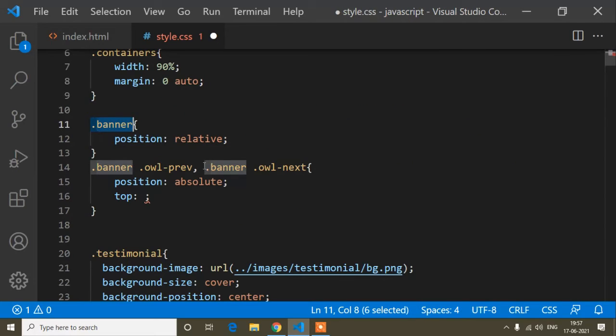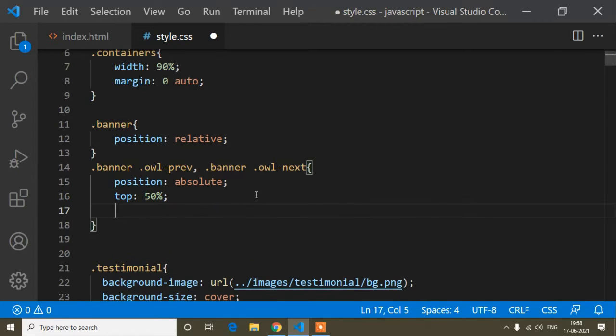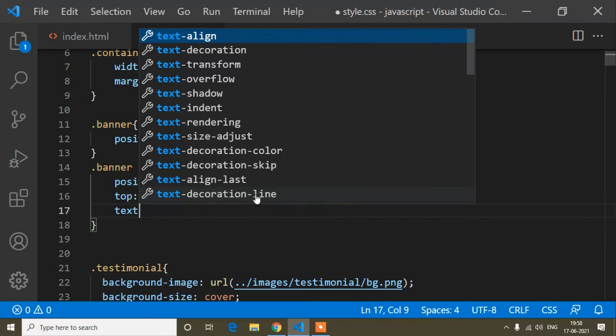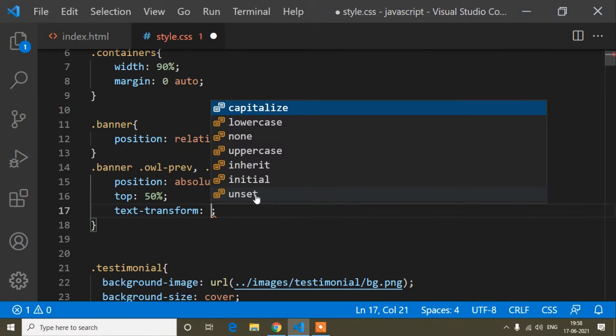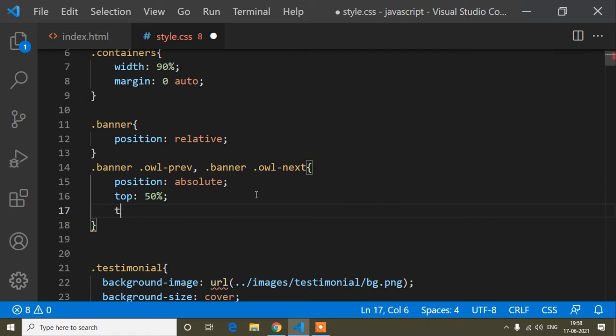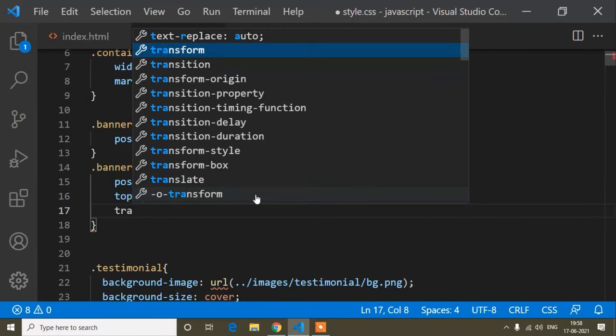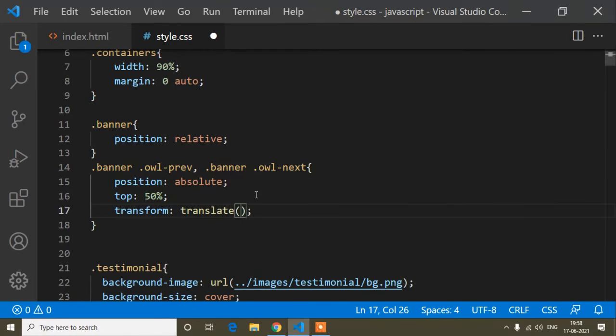So banner is below, so that is position relative, and I'm making this button floated, that means it's a child, it's position absolute. When we make any div floated, we have to set the position from where the div will be floated. So here I will write top is 50%, and the transform, sorry, here it will be transform translate, that will be minus 50%, minus 50%.